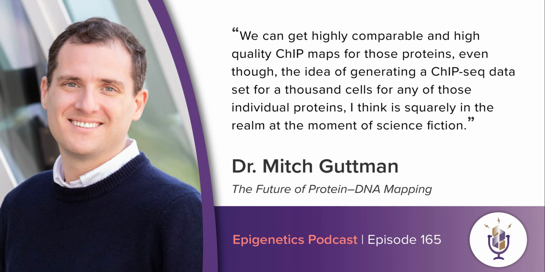Yeah, so all of the methods that you mentioned, ChIP-seq, cut-and-run, cut-and-tag, generally work by mapping a single protein to DNA at a time. And they work really well. There have been a lot of innovations even amongst those methods over the years that have really improved resolution, cell numbers, and many other important aspects of the ability to map DNA-protein interactions. But fundamentally, all of these methods work by mapping a single protein at a time.